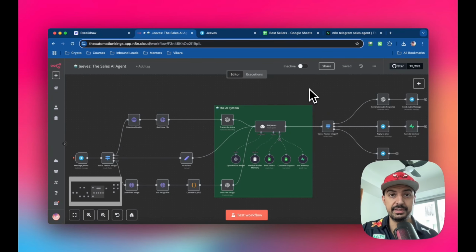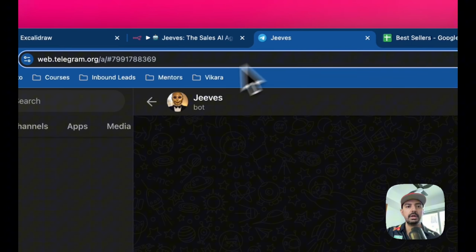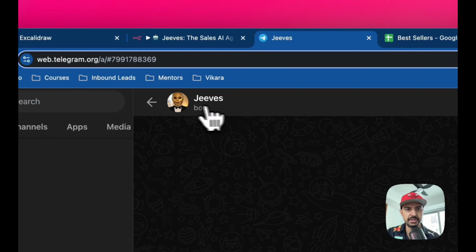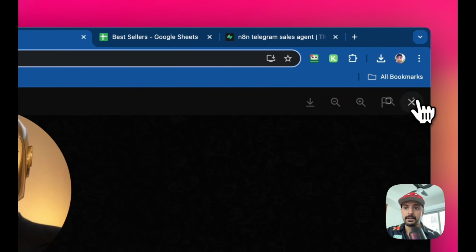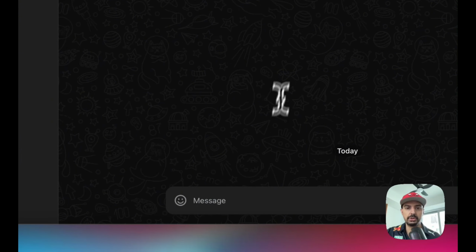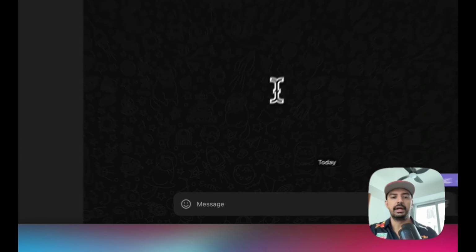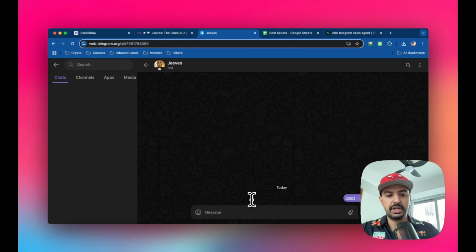So let's go ahead and test this bot and see if it works. Okay, so I'm going to head over to Telegram. I've got a Telegram bot here, it's obviously called Jeeves, and I've given him a creepy picture. Thank you, Grok. So the way this works is that this would be the input, right? So the input will be inside of a chat. And let's start off with text, okay? So what are your